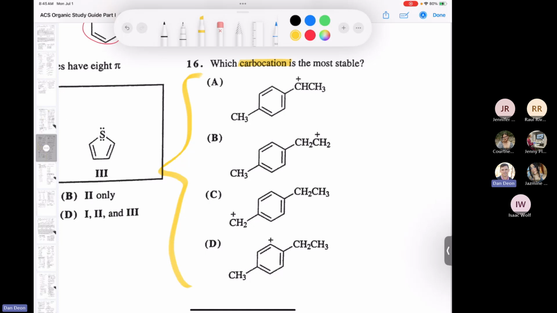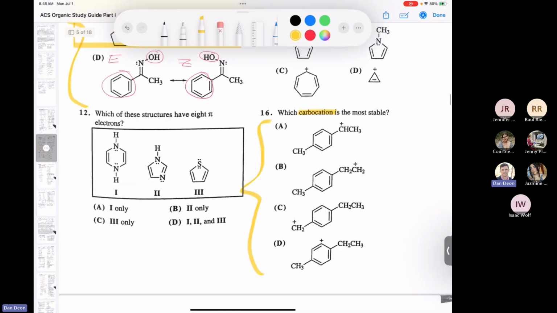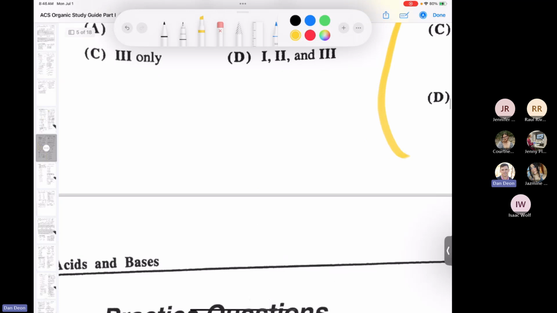It's not C. C is okay because it's benzylic. B is primary. There's one that's even worse. It's D, okay? So remember what I told you is that if you have anything vinylic, that is, so if